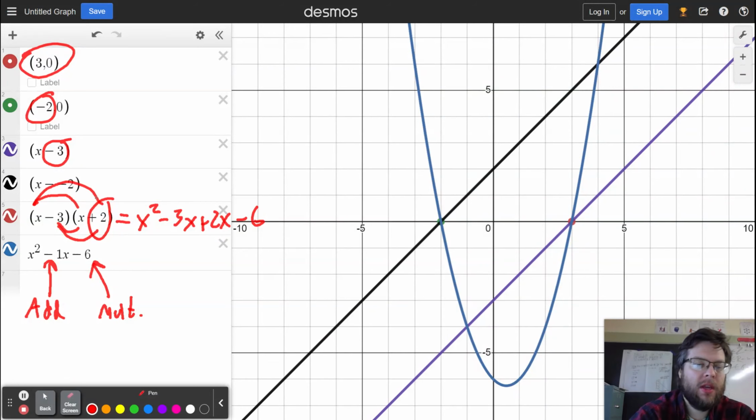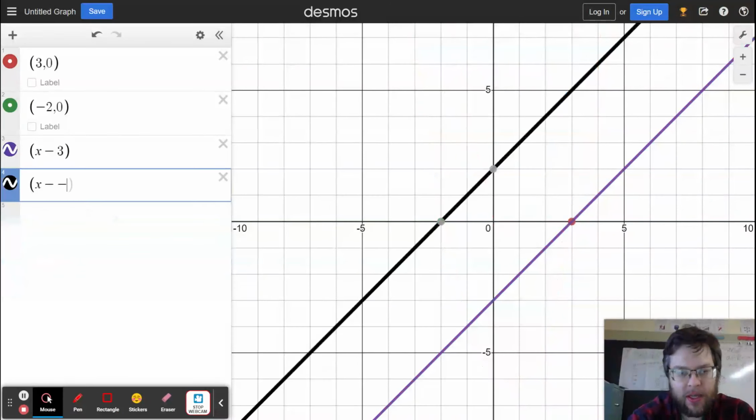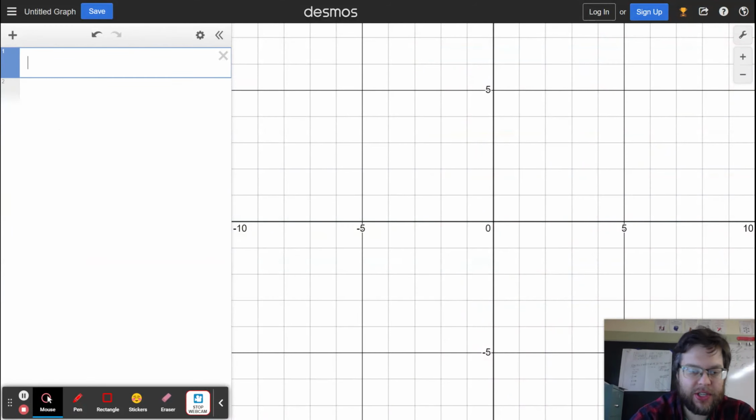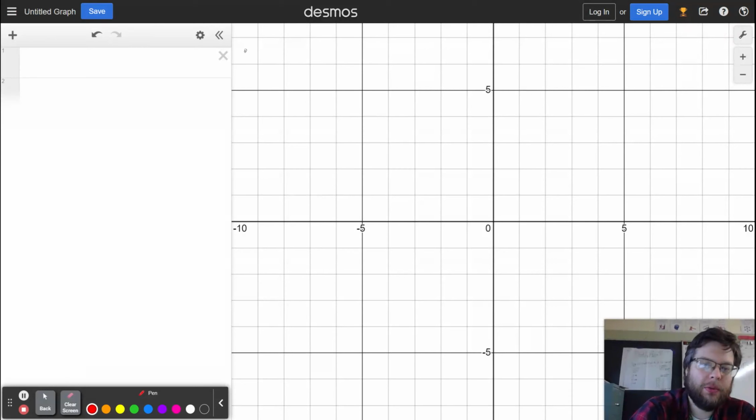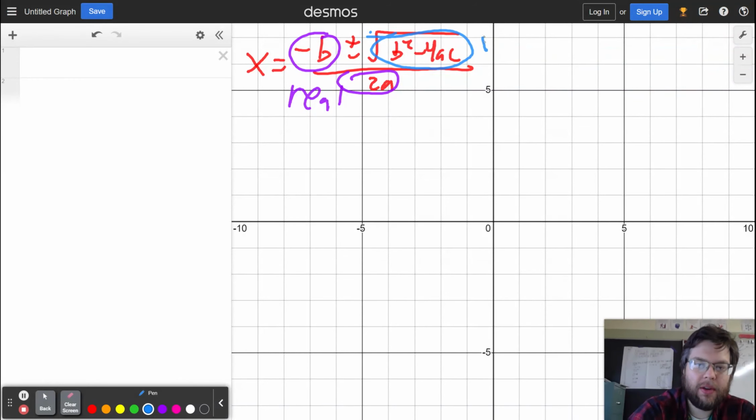Okay? One other thing that we talked about is that if you have a complex root, then you also have to have its conjugate. And where does that idea come from? That comes from the quadratic formula. And if you look at the quadratic formula, I want you to notice that this part and this part are both real parts. So the only possible part that could be imaginary is if we have the square root of a negative. So this part right here is the only